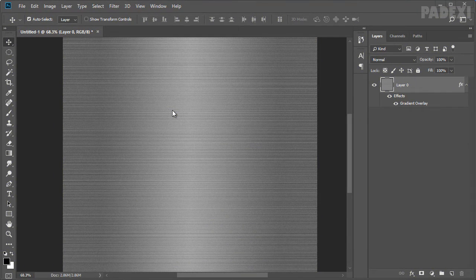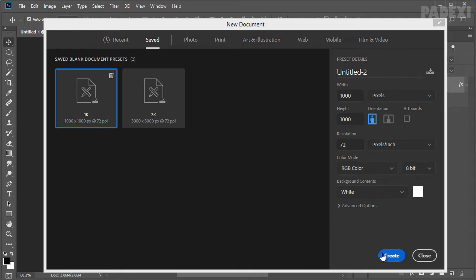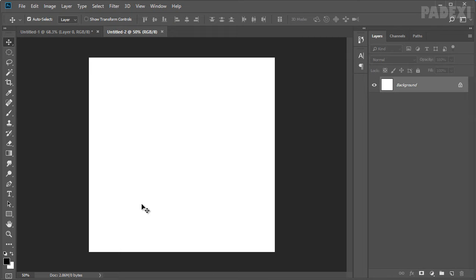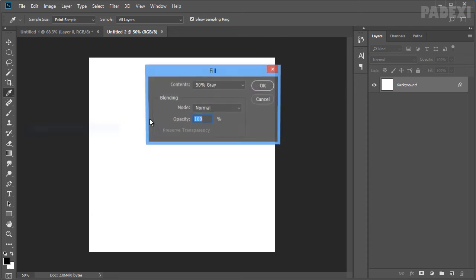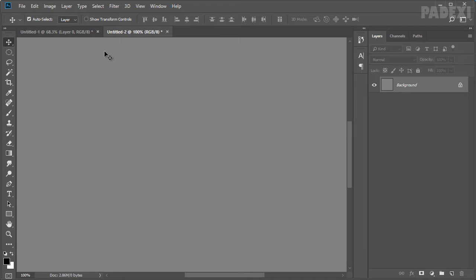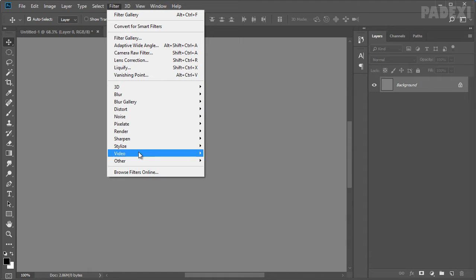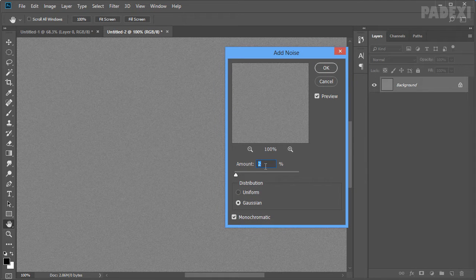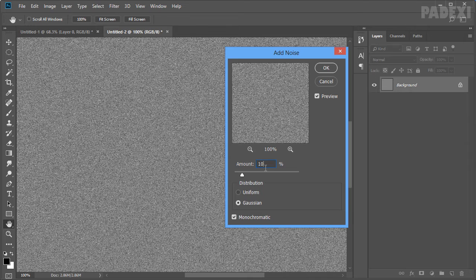In this clip, I'm going to show you how to create the brushed metal texture using the texturizer, motion blur, and add noise filters. So let's go ahead and create a new document. Press D to switch to the default background and foreground colors. Fill the background layer with 50% gray. And then we need to go to filter, noise, add noise, set amount to 10, distribution to Gaussian, and click